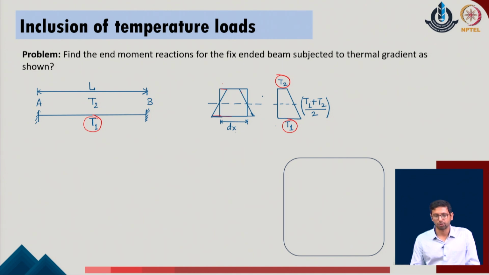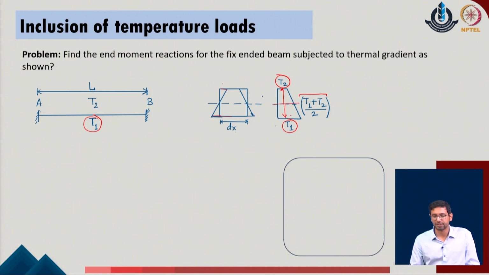So, in order to accommodate the effect of these temperature loads, we consider that through the beam thickness of the given system, the reference surface is identified. It is the reference fiber at which no change in the length of the member takes place, and we consider this somewhere in the middle of the given problem, as it is considered to be undergoing bending. With respect to the reference fiber of the given system, we consider the temperature profile, and this temperature comes out as (T1 + T2)/2. Now, it appears that with respect to this reference temperature, the given temperature on the top and the bottom changes, and that leads to the bending deformations in the given system.